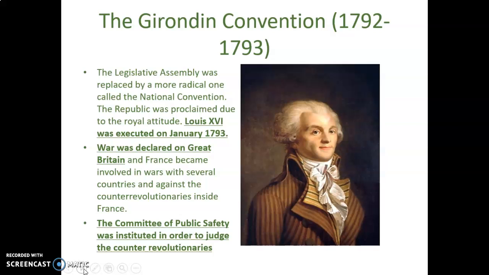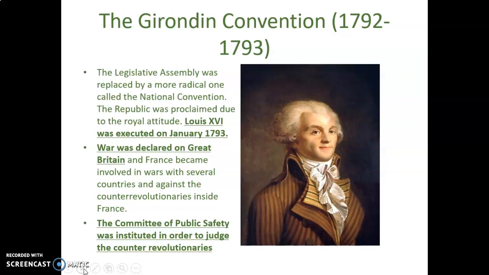The National Convention, 1792-1793. The Legislative Assembly was replaced by a more radical one called the National Convention. The Republic was proclaimed due to the royal attitude. Louis XVI, of course, will be executed, beheaded in January 1793. War was declared on Great Britain, and France became involved in wars with several countries against the counter-revolutionaries inside of